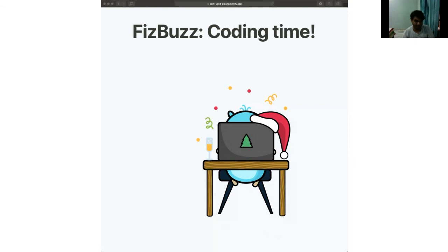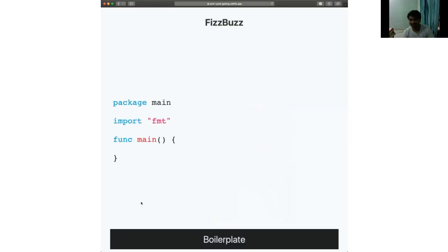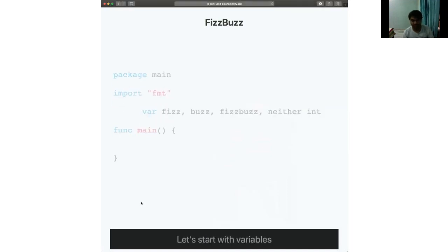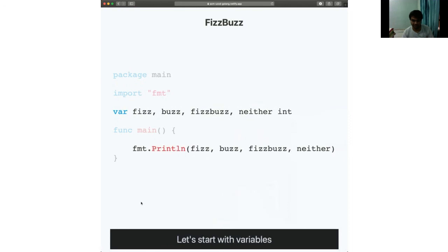No one posted answers, so right. We had this boilerplate that was just our package main, import fmt, and a func main. In our func main, let's actually have some variables first. We have a fizz, buzz, or neither.